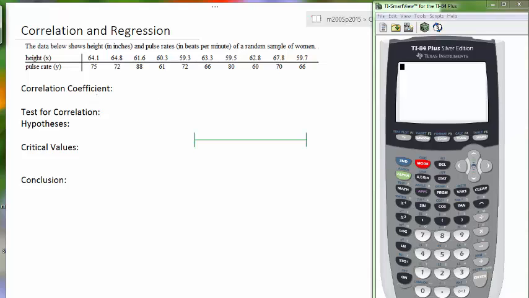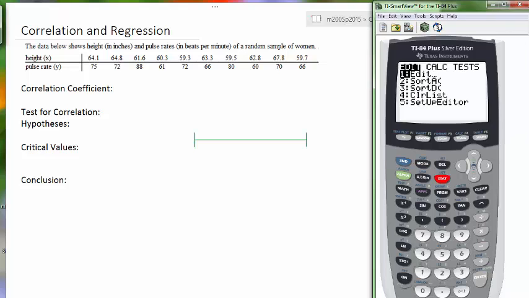First thing we want to do is to find the correlation coefficient, and for us to do that quickly we can use our calculators. So in our calculators we press Stat and Edit, and then preferably in List 1 and List 2 you can type in all the data. So I had already done that,